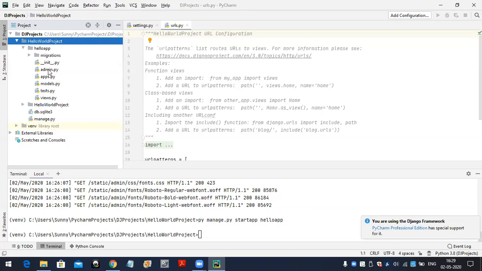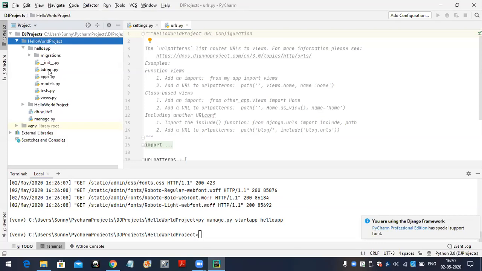If you want to see the database models inside the admin interface, first we have to register those models with the admin interface.